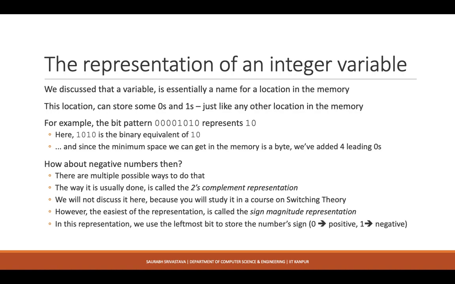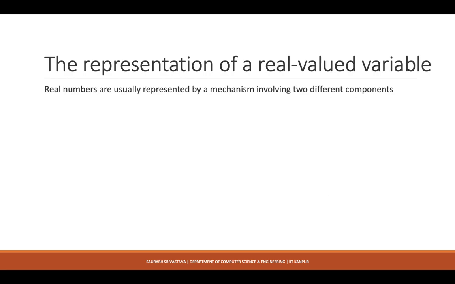In this representation, whatever number of bits we have for representing an integer, we simply reserve one of the bits, usually the leftmost bit, as a sign bit. Sign bit means if that bit is 0, I say that the number is positive, and if that bit is 1, I say the number is negative, right? So in sign magnitude form, minus 10 can be represented as 1 0 0 0 1 0 1 0. So you can see that there is a 1 instead of a 0 on the leftmost bit. This is the difference.